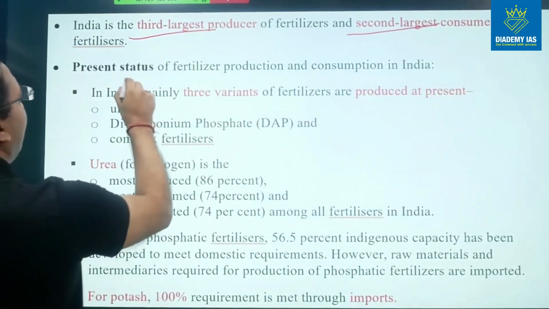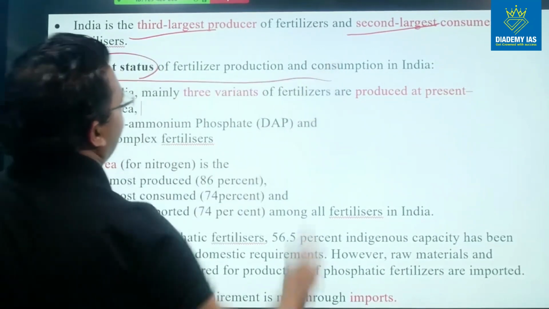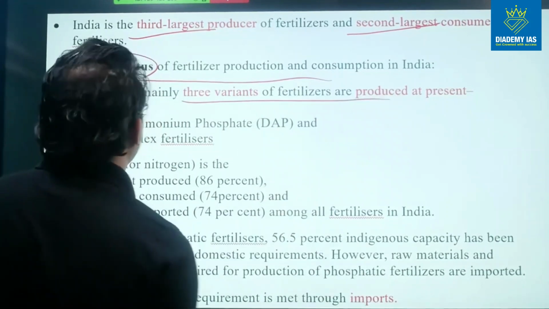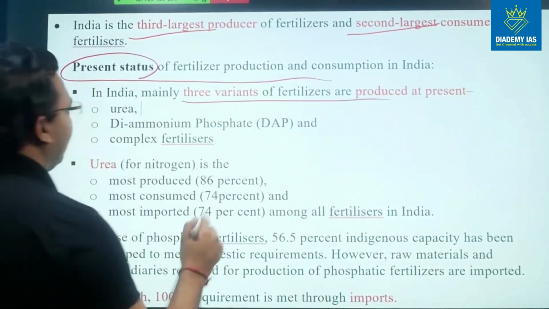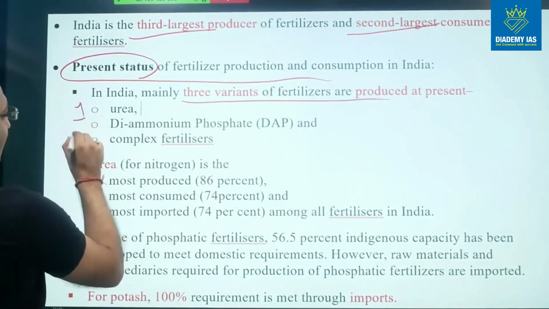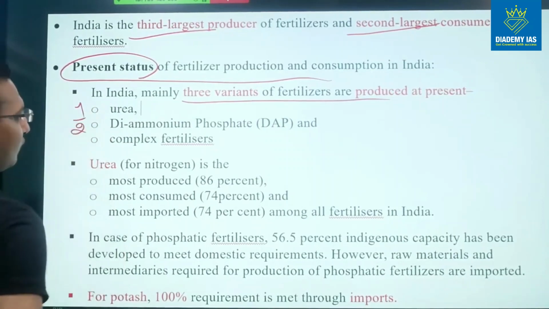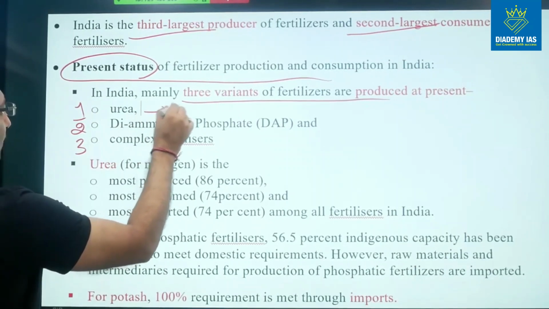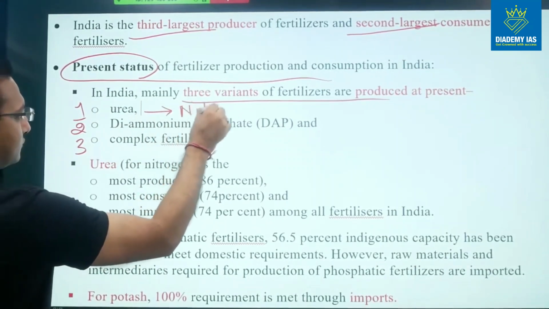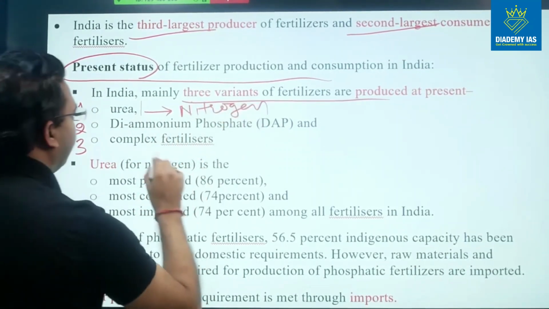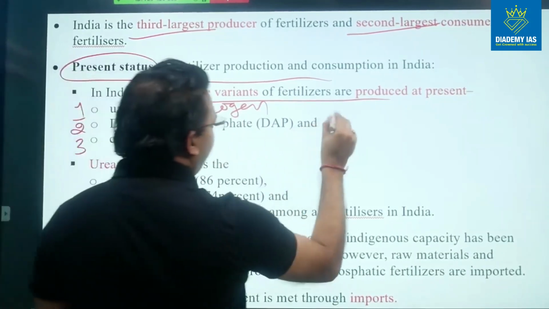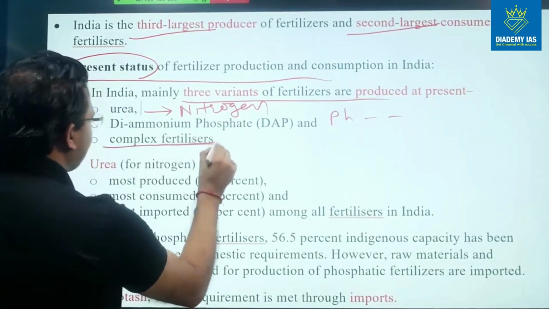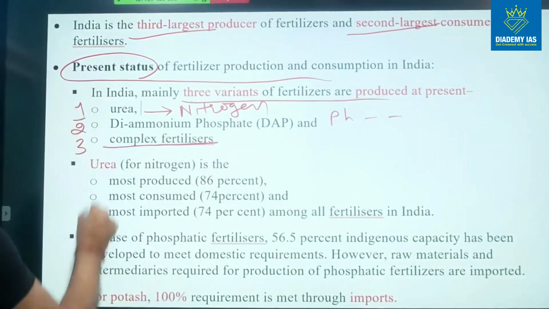Now if you see the present status of fertilizer production and consumption in India, mainly 3 variants of fertilizers are produced at present. We are producing 3 variants. One is urea, second is diammonium phosphate and third is complex fertilizers. So this urea takes care of the nitrogen, this diammonium phosphate takes care of the phosphorus and complex fertilizer takes care of the other things. As far as urea is concerned,